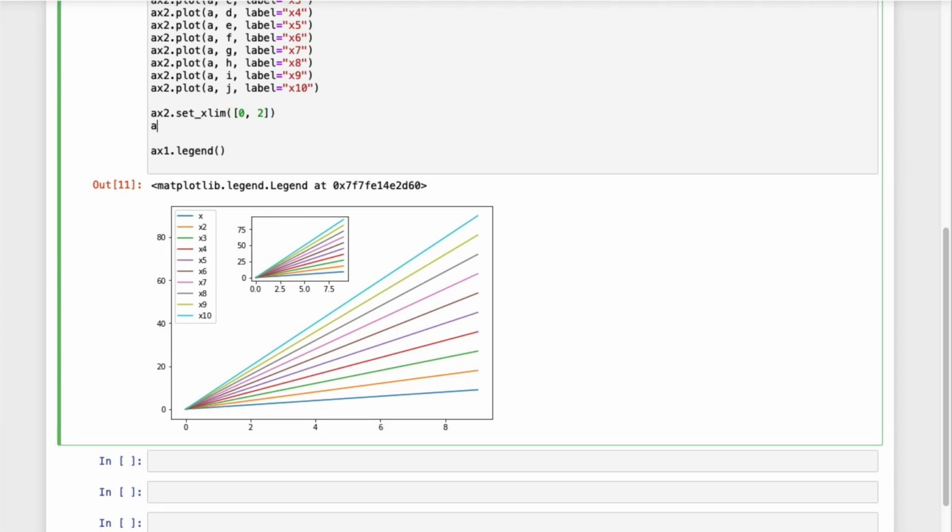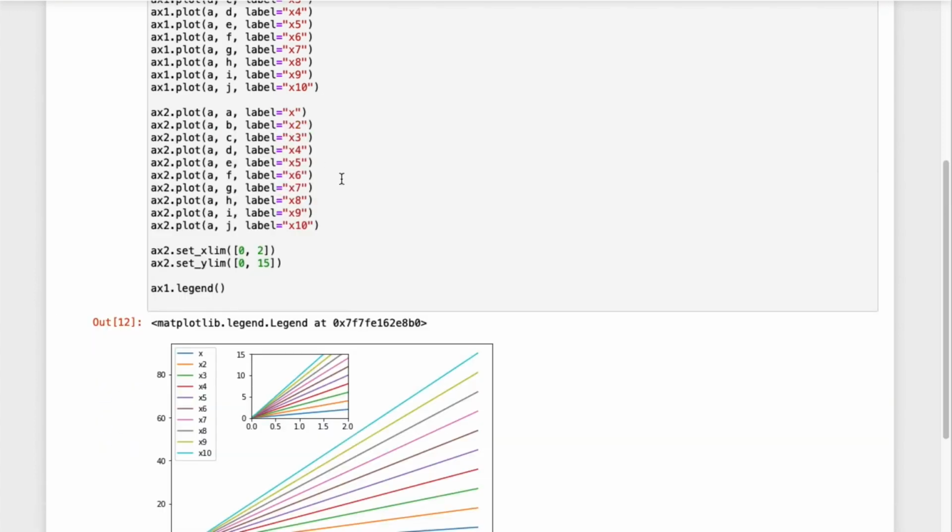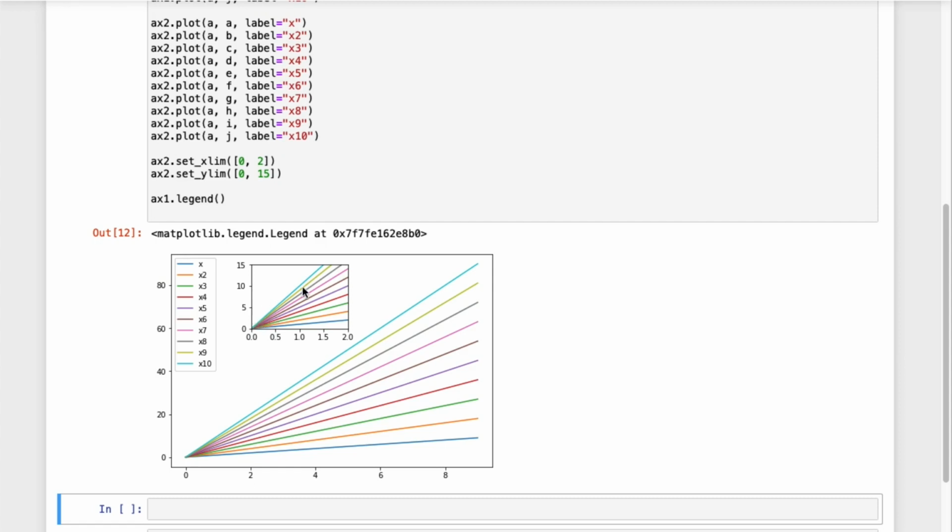And then if I do ax2.set_ylim, and this will be the same but for the y-axis, so this axis here, and we want to start at the bottom, maybe at most 25, but I reckon probably about 15 for the moment. So if I do 0, 15, and then if I run this, we now have this much closer in,